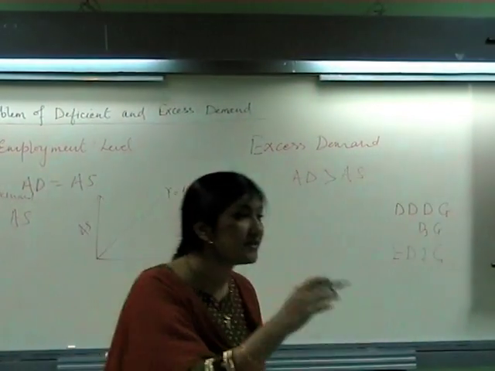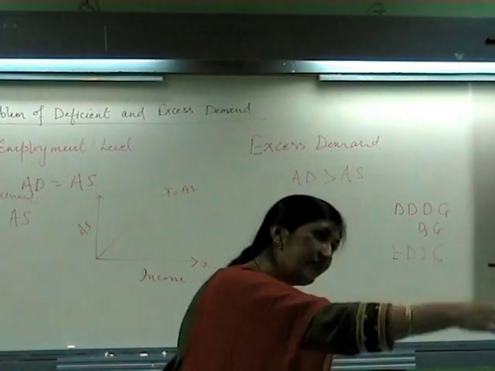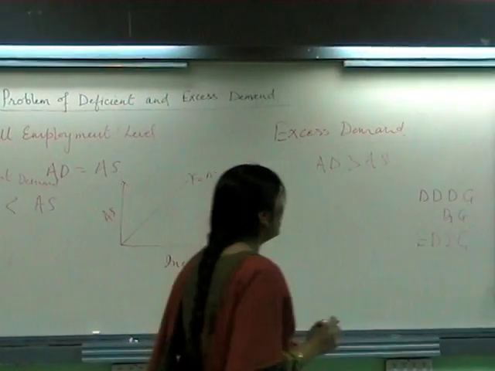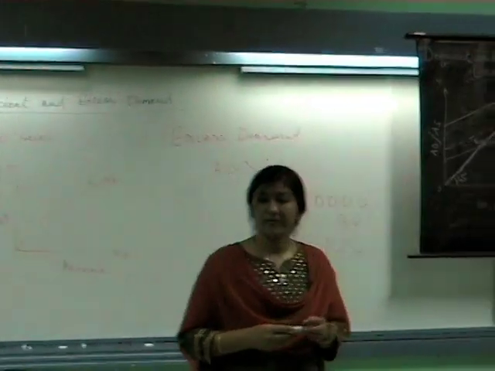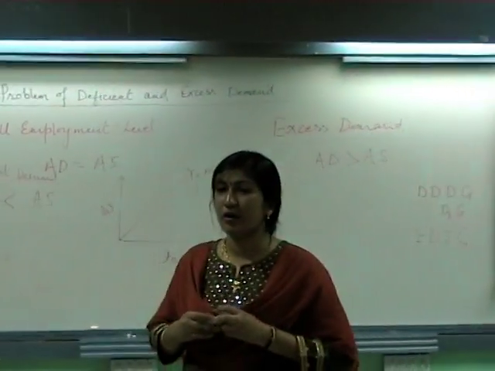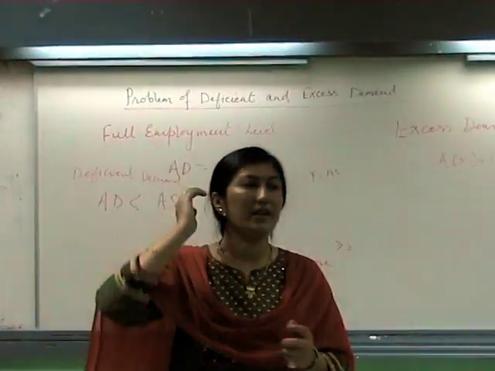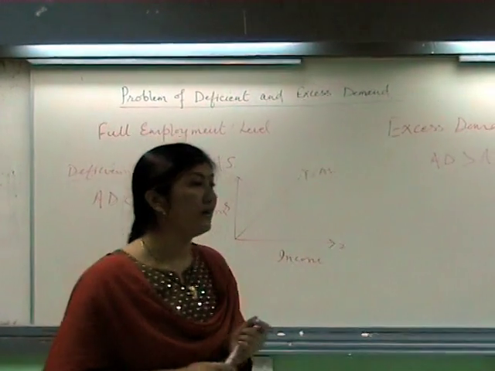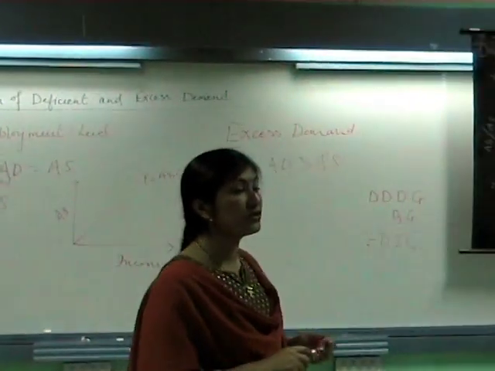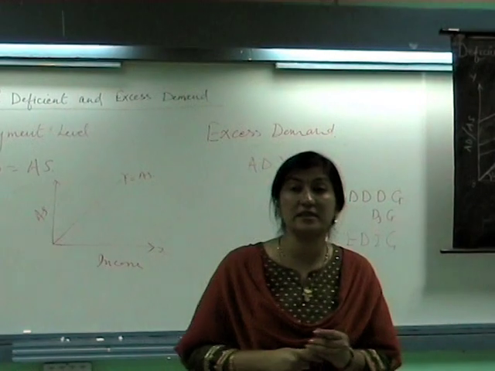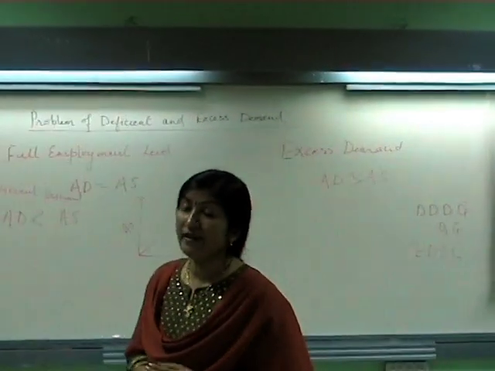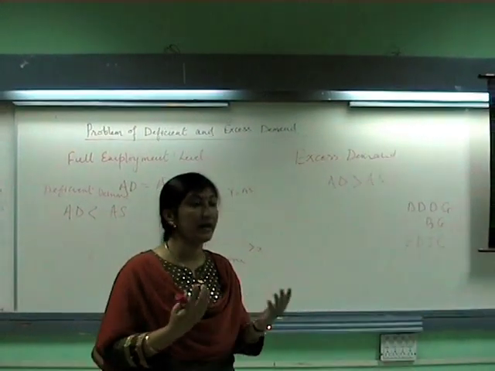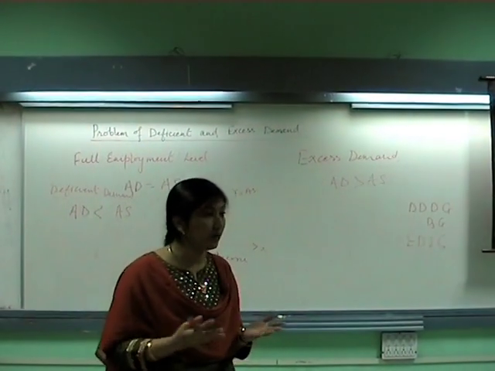And whenever there is deficit demand, the gap will be deflationary. Is this clear? Now, this is the problem. Whether it is the Indian economy or any developed country, we are facing the problem of either excess demand or deficit demand. So what are the measures we are supposed to use to correct these situations? Because whenever there is excess demand or deficit demand, the economy cannot be called in equilibrium. Can we call it that? No.